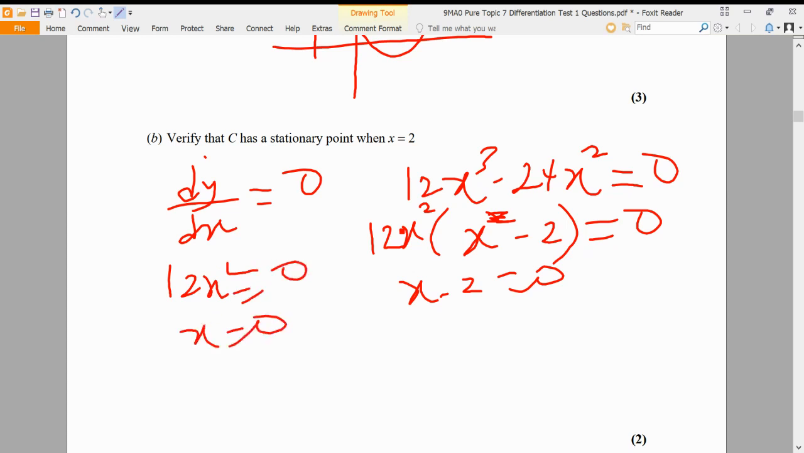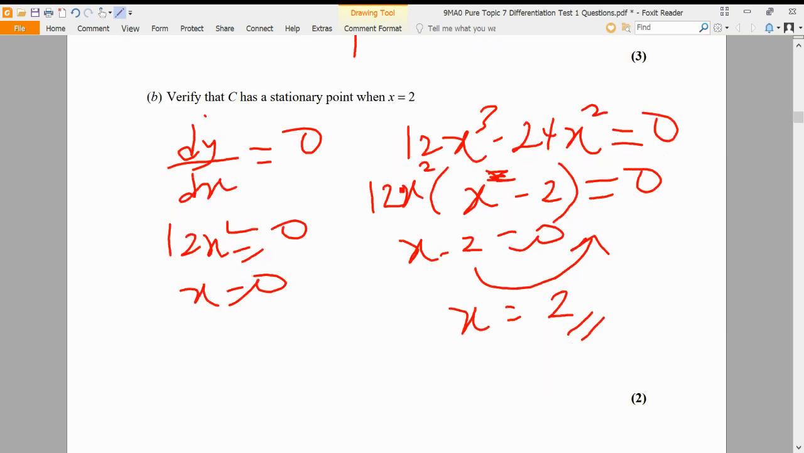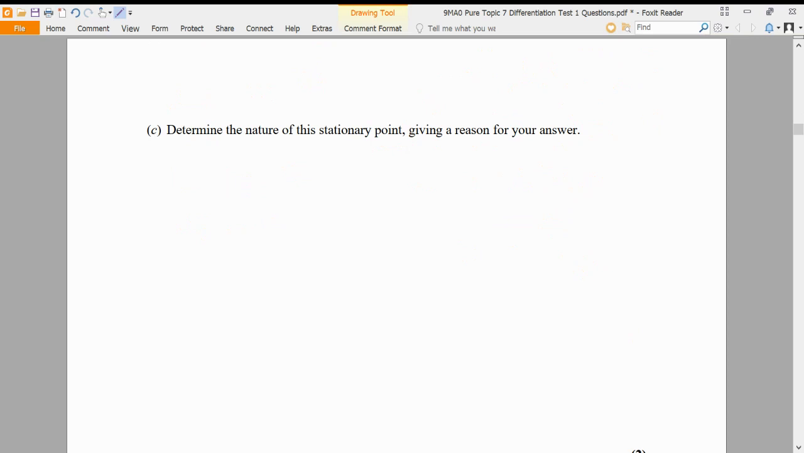Now one point, which is called a stationary point, is when you solve this, you move this to this side, and then you say x is equal to 2. Yes, it is true that C has a stationary point at x is equal to 2. So let's quickly go to the next point, which says determine the nature of this stationary point, giving a reason for your answer. Now, if you want to find out the nature of a stationary point, you can use the